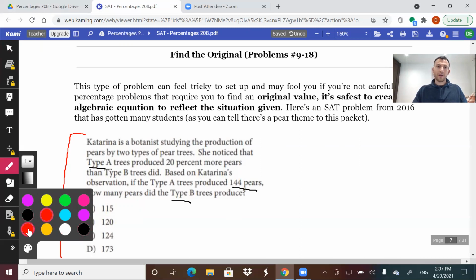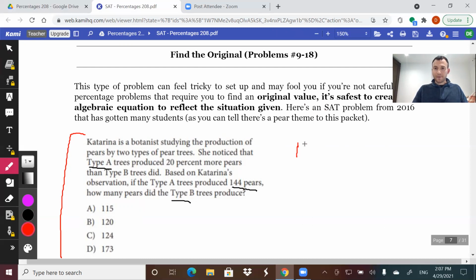So a lot of students will say, okay, well, type A pears produce 20% more than type B pears, right? So if type A pears produce 144, then let me just take 80% of 144 and I'll get type B pears, right? Because type B pears produce 20% less. Well, what you're doing here is you're taking type A pears, which is 144, you're multiplying it by 0.80 to decrease the final output of type A pears by 20%. And what you're going to get when you do that, 144 times 0.80, is